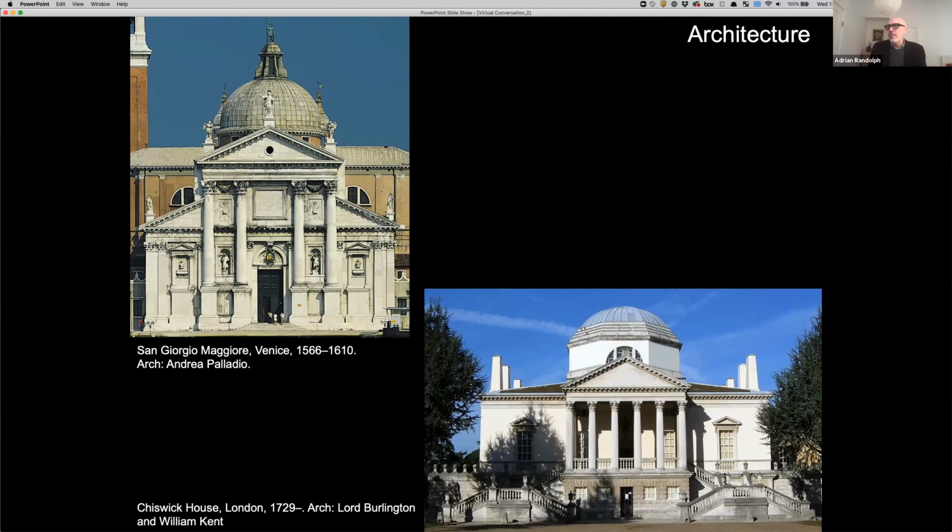And the same thing is true, although much more resolved, I would say, in Chiswick House in London, designed by Lord Burlington and William Kent in the first half of the 18th century, which is one of those examples of, whether it's the most functional building in the world, I couldn't claim, but it certainly is a very interesting resolution of the very elite domestic function of the building with this classical language in a way that seems to harmonize and becomes the basis, as you may know, looking at this, of places like Monticello,